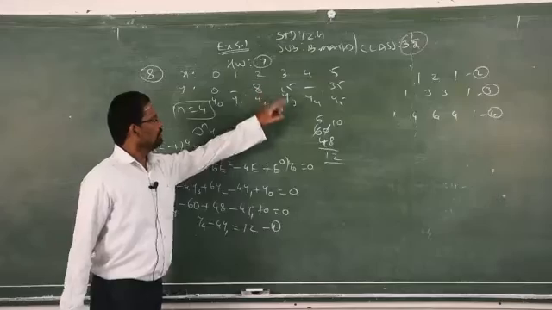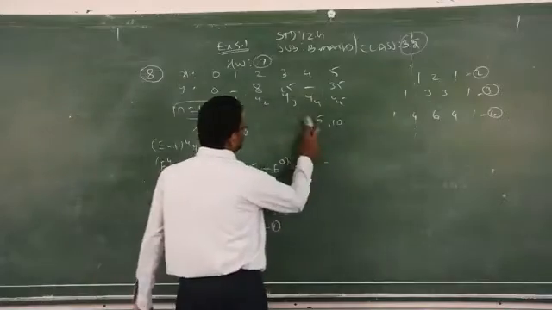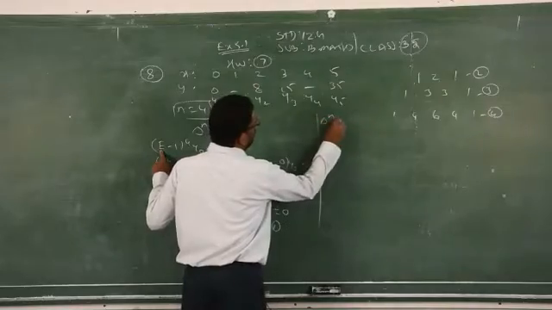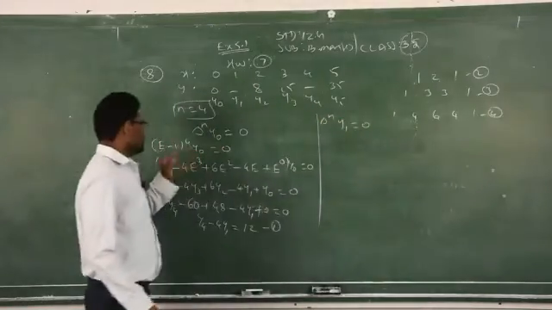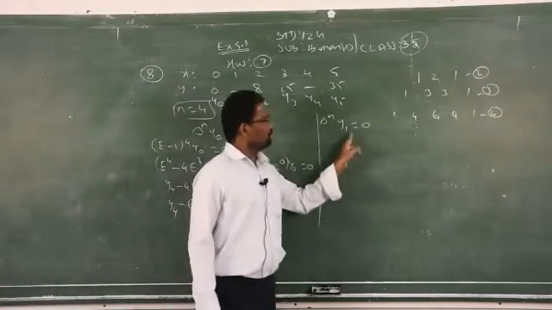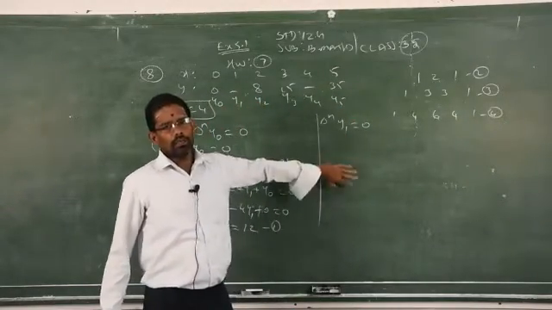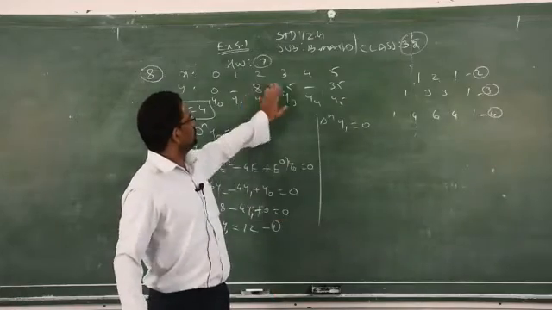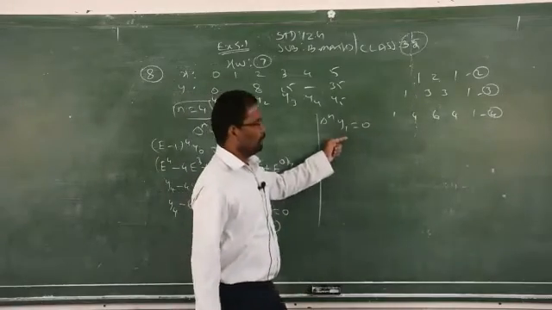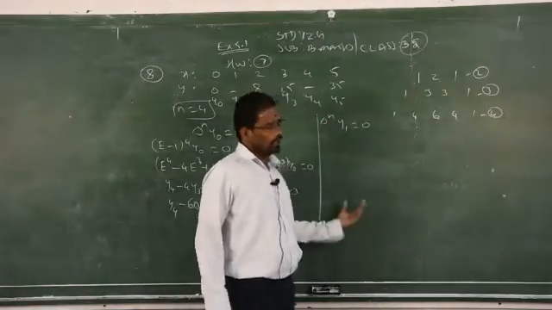Because we have 2 missing data, similarly you have to find out using the same formula. Delta power n, here you have to take y1. You start from y0. If it is 1 missing value, you start from y0. If it is 2 missing values, you introduce one more, y1. If it is 3 missing values, you have to go for the next, y2. But you will have only a maximum of 2 missing data. Suppose 3 missing data are given, you go for delta y1, you will get one equation, and then you go for delta power n y2, you will get another equation.